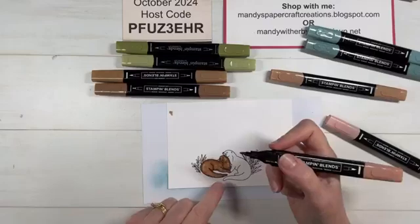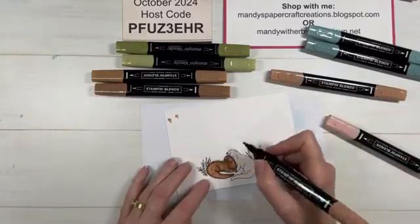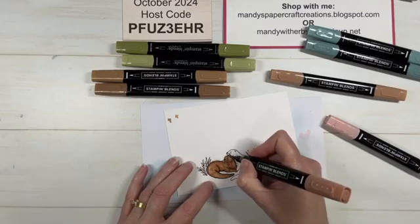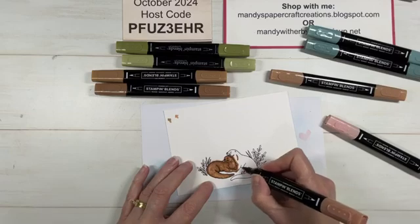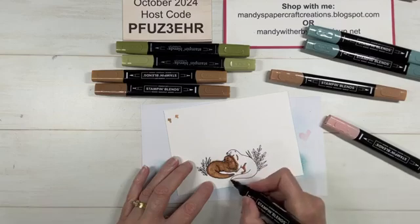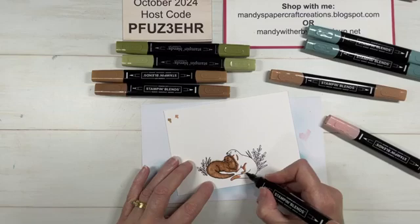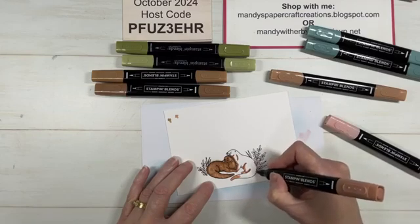600, okay. So we'll start with the 600. Let's check that colour. Yep, so it's going to be a little bit different. So we'll put some of this down here on his little chest, on these little lines here, his little legs and the belly. Do the tip of his tail too, his or her. Don't know if it's a him or a her. And we'll put a little bit down here. There'll be a bit of shadowing there from the